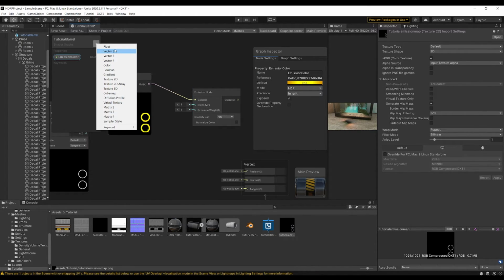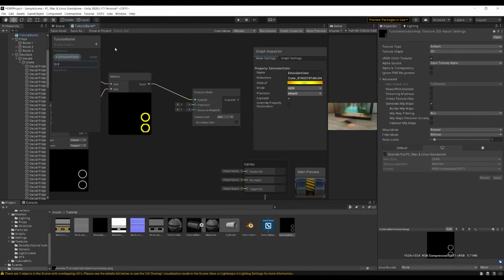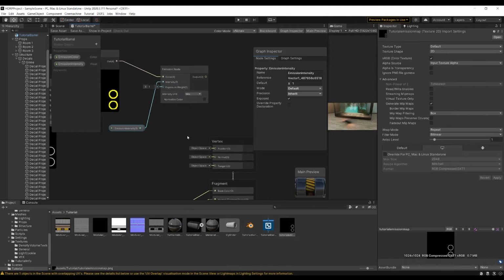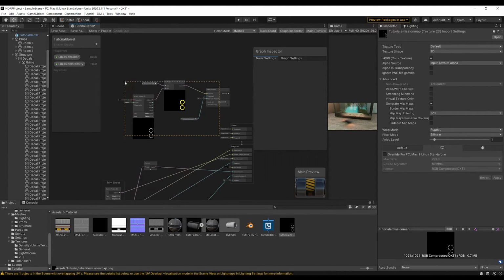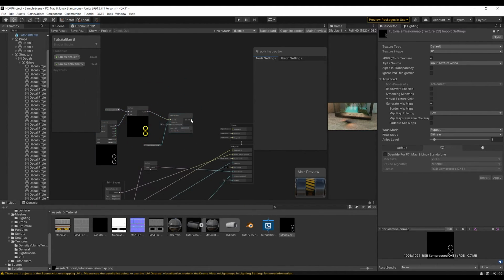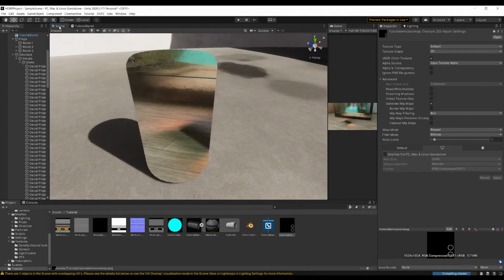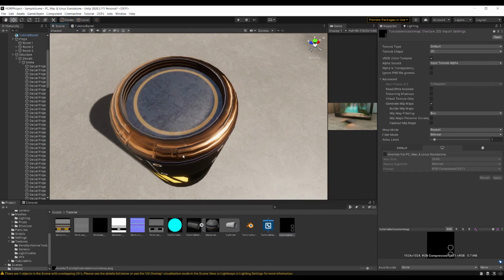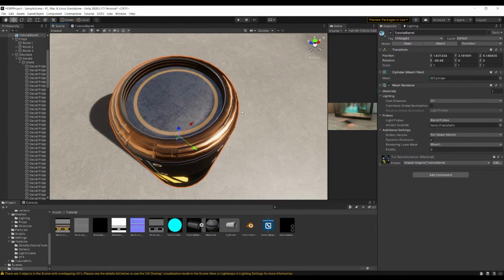And then we can press the plus, make a float, and call this emission intensity. Just set that to a default of 1 for now, and then we can drag that in, plug that into our intensity here. Drag that into our emission. If we save this, go back to our scene, you can see that our barrel now, as well as the tile map,